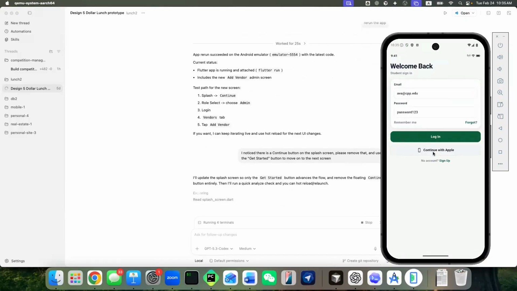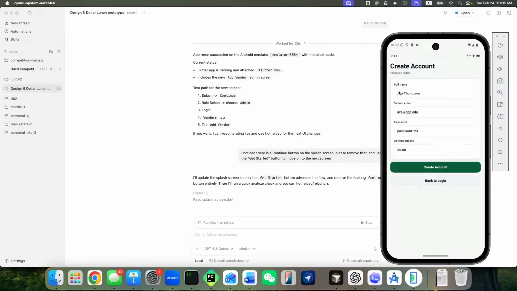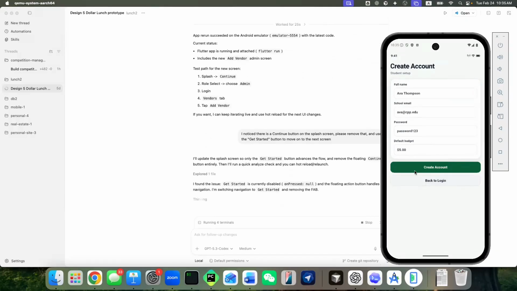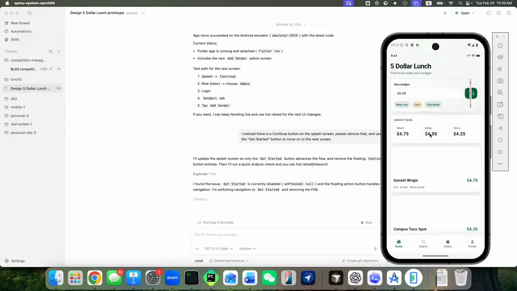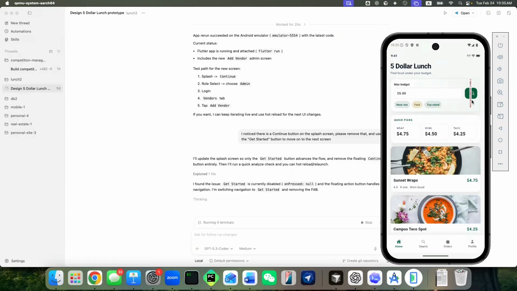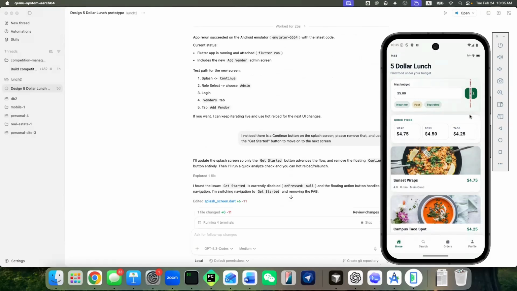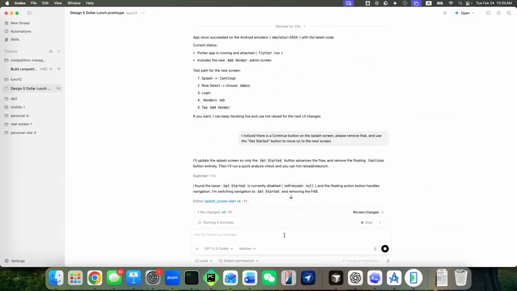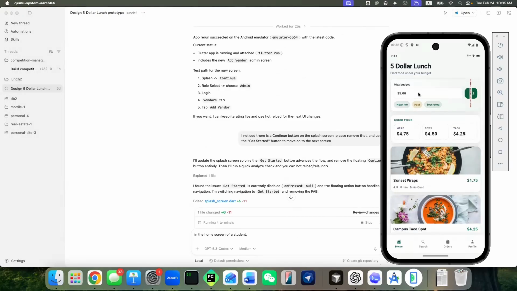Another issue we saw here is, oh, by the way, is there a sign up? Yeah, they do have a sign up. There's something wrong with this UI here. And then that part we also need to specify. In the home screen of a student, the top section on the budget